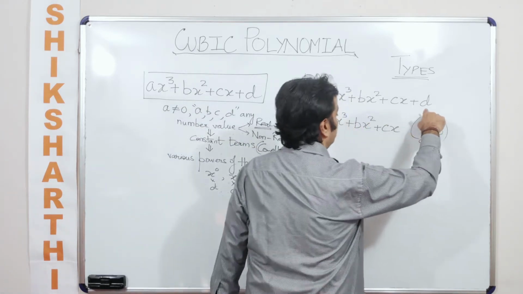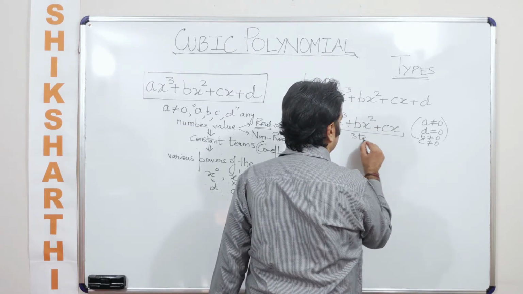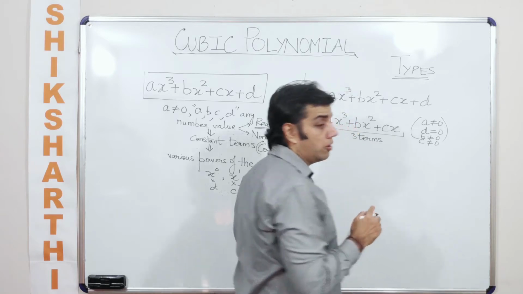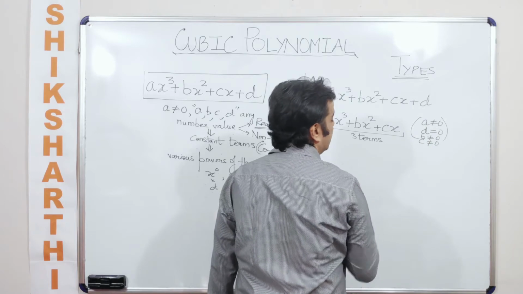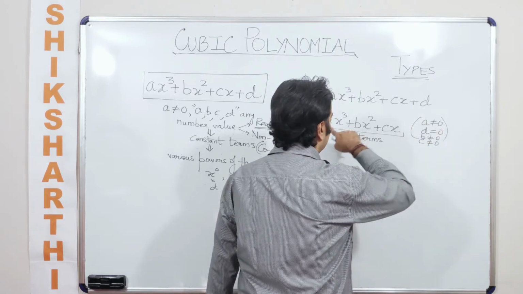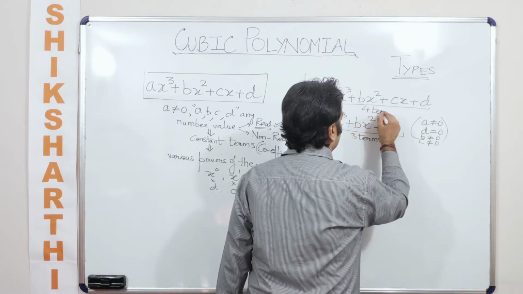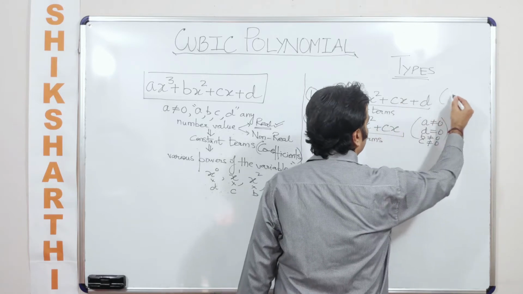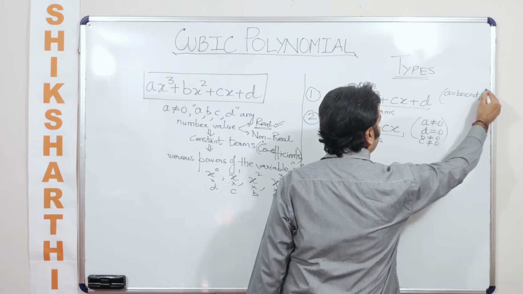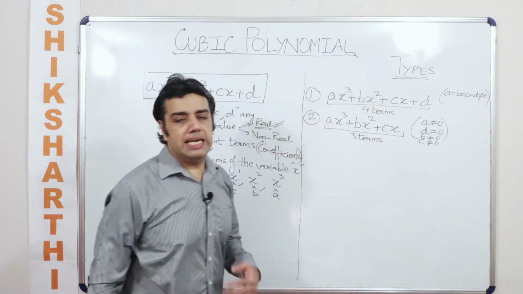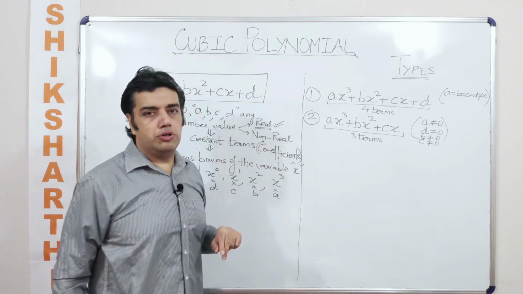Now if I want to have these 4 terms, here I am having 3 terms. So let's say if I want to have 3 terms in a cubic polynomial of a single variable, in that case these are the basic conditions that we should obey, keeping in mind that we are talking about real number values. Here if I wish to have 4 terms, in that case we'll have to say none of them should be equal to 0. None of them should be equal to 0, and other than 0 they can take any other real number values, because as of now we are only talking about a real cubic polynomial.